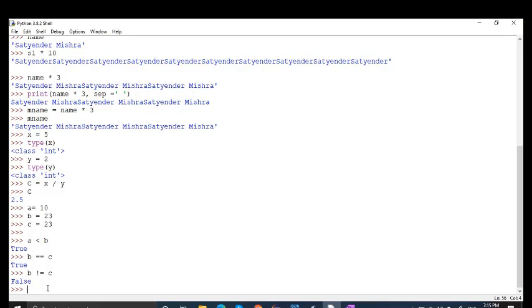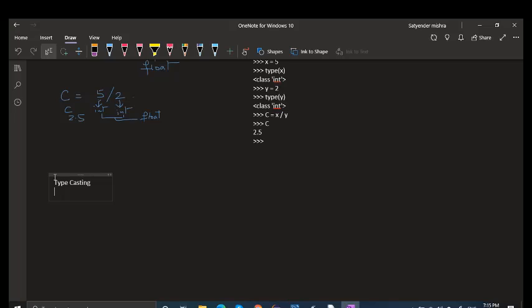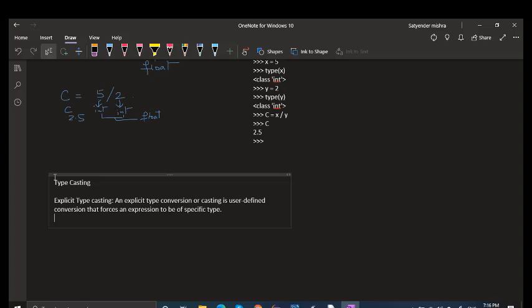So the next topic is typecast. Here I'm talking about explicit typecasting. So what is explicit typecasting? An explicit type conversion, casting, or user-defined conversion forces an expression to a type. How is it done? We write the data type, and in the brackets we write our expression.